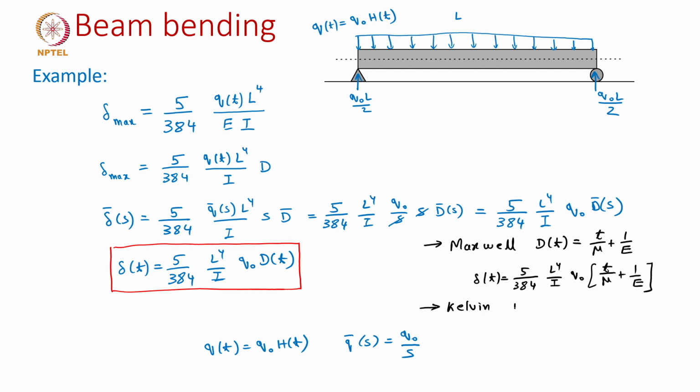Here again we have shown previously the compliance is given as, where tau is the relaxation time or the retardation time. So, once I replace this into the formula we derived, the deflection of this beam at midpoint is